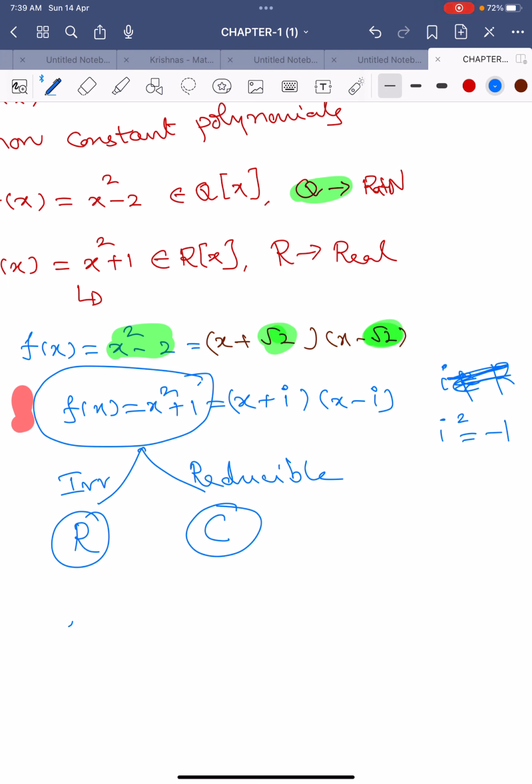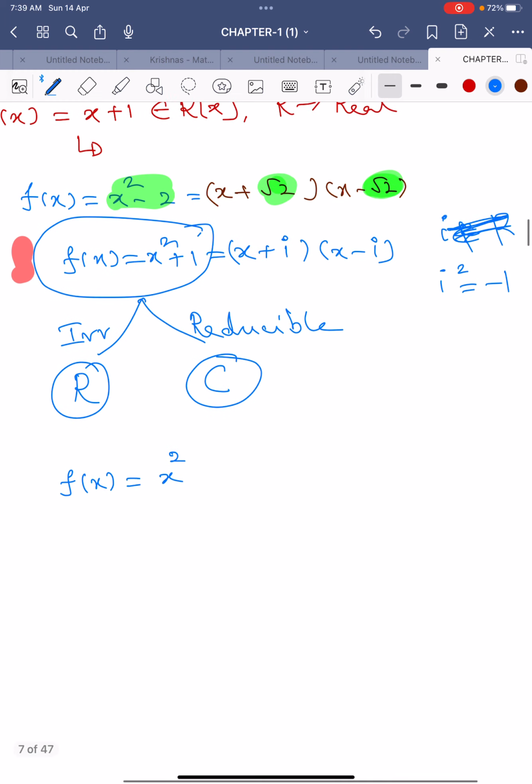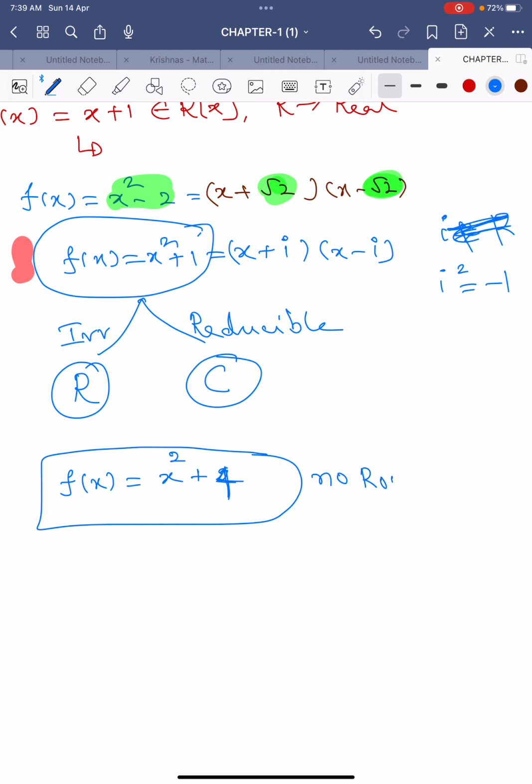So let us see one more example. f of x is equal to x square plus 4, one of the simple polynomials. So this polynomial has no roots in capital R. And also you can conclude here this polynomial f of x is not possible to split